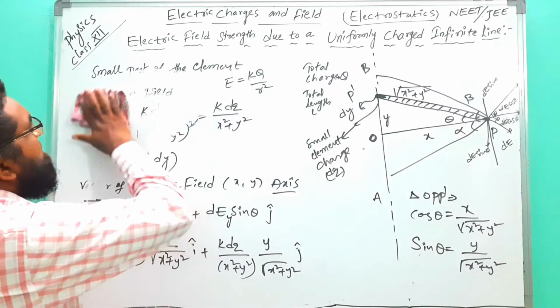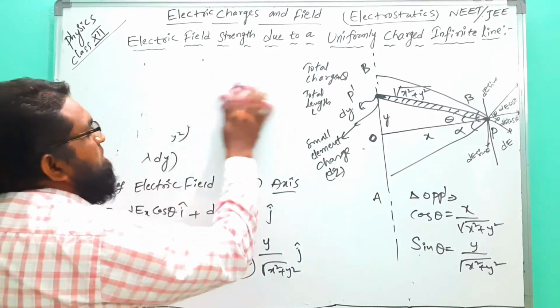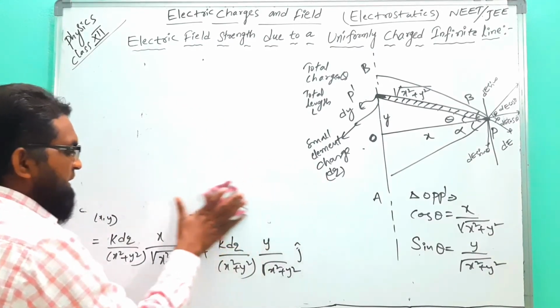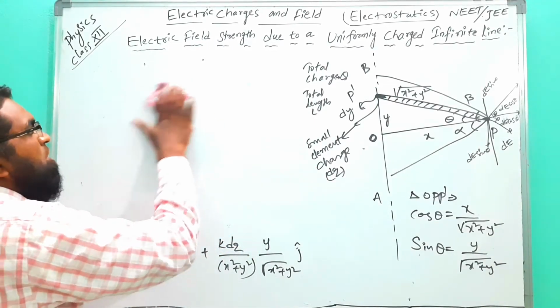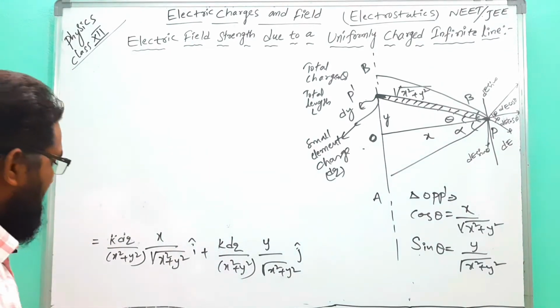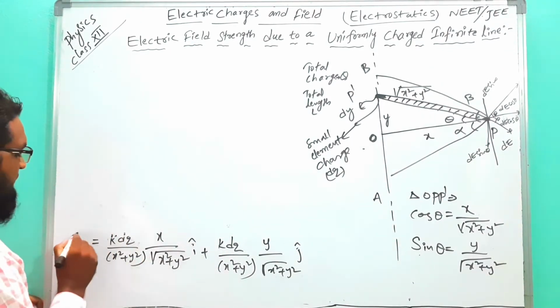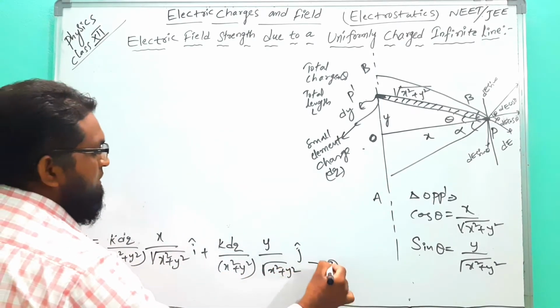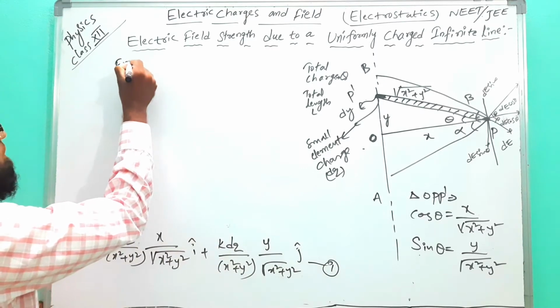Next steps, the diagram is also clear. Okay. Next, what happens here? So this is the dE value. So from this equation, from one,